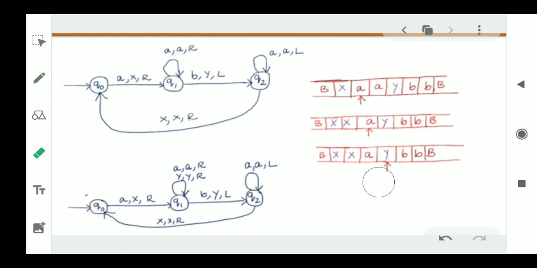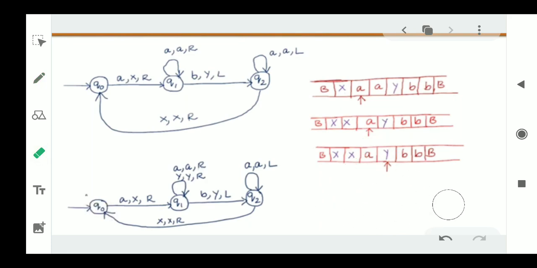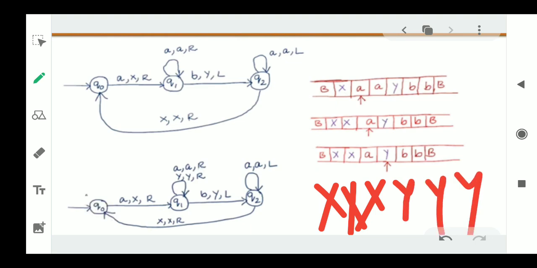So how do you find the small a symbol? Once you reach the symbol X, from there onwards you have to start scanning in the right direction. And when you scan in the right direction, when one more A is encountered, replace that with capital X. Finally, all symbols are replaced like this: X, X, X, and Y, Y, Y. If all the values are replaced like this, then the Turing machine will accept. If any small a is remaining, or if any small b is remaining without completion, we can say that the Turing machine is not accepting the given language.